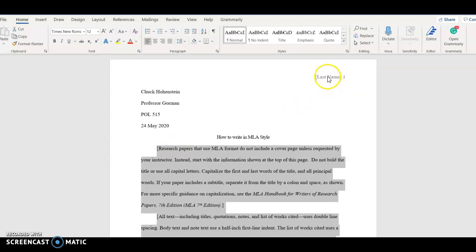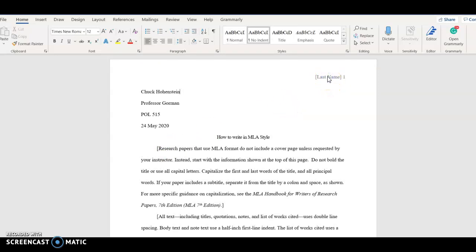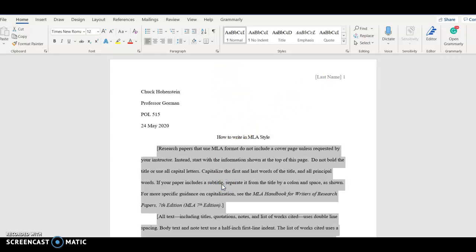Very simple. And then for your header, you can put your last name up there. We'll talk about formal formatting at a later date. But that's all there is to it. It's very simple. Word will keep everything in double space. And you notice here, it'll keep your margins just left justified, and it's very easy. So that's all there is to it. Hope this helps, and there'll be another video on going into the actual blank page and doing it